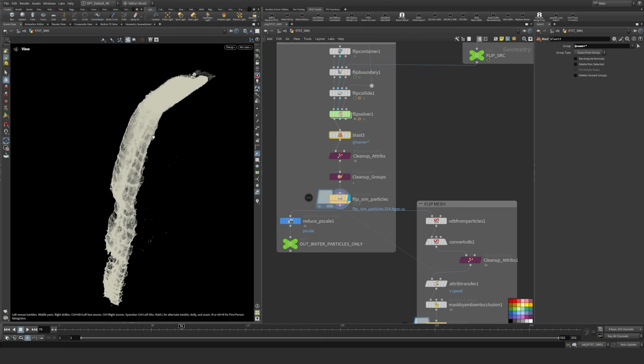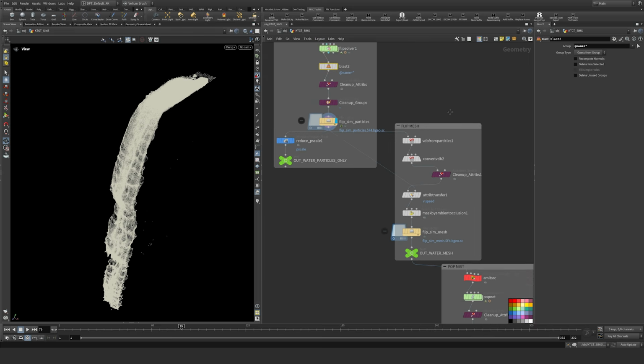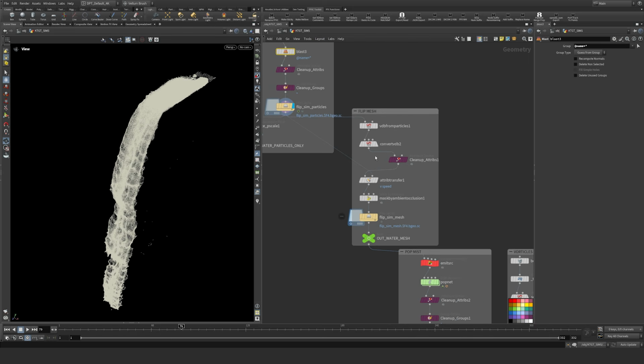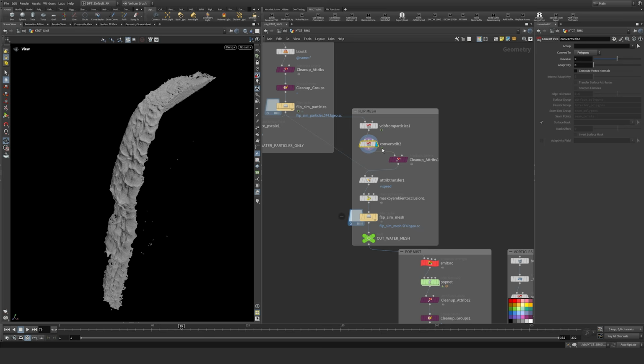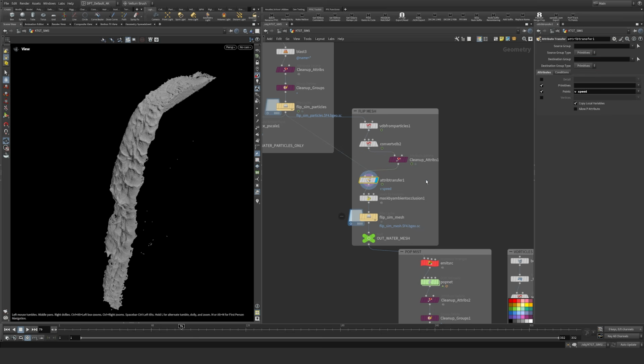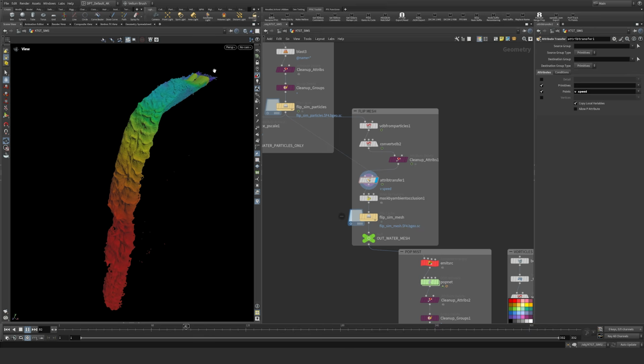And then from that, I just did my own meshing. Instead of the particle fluid mesh, it uses a similar concept. It just has all of the flashy extras and bells and whistles. I didn't need that. I just did a VDB from particles, converted that into a mesh, transferred my speed and velocity attributes over to this. So these are just mappings that I have that I can use for emission later on, as well as this ambient occlusion, which